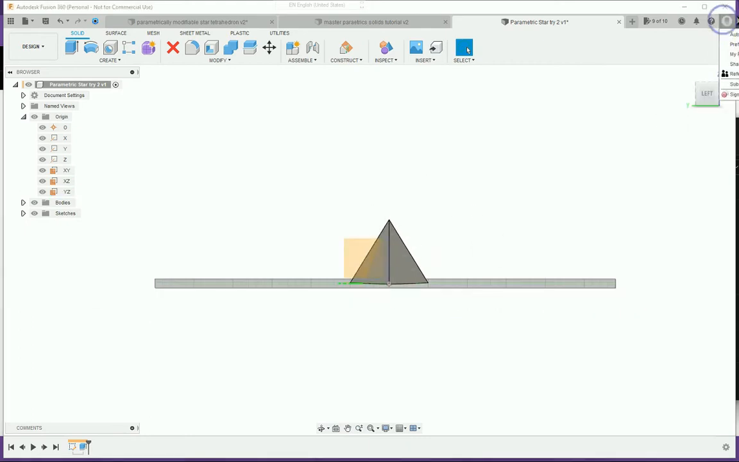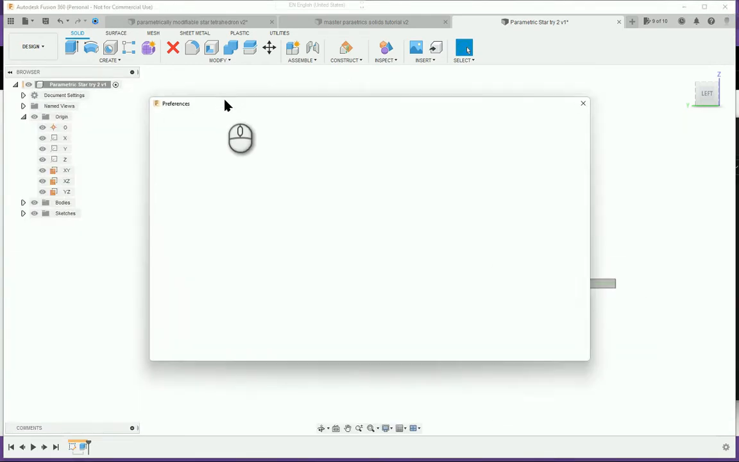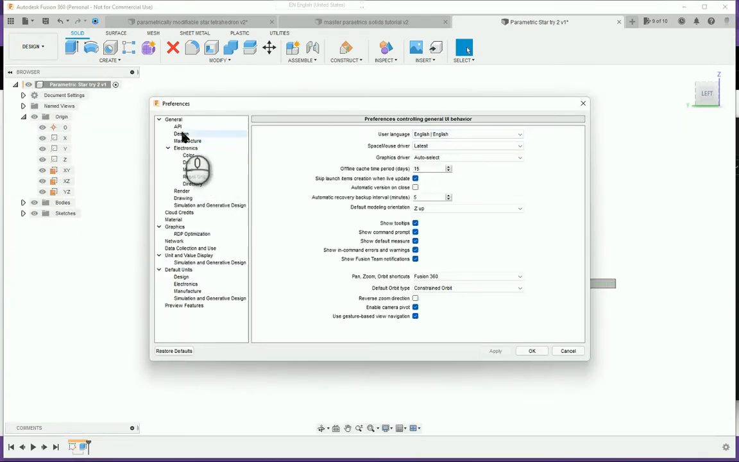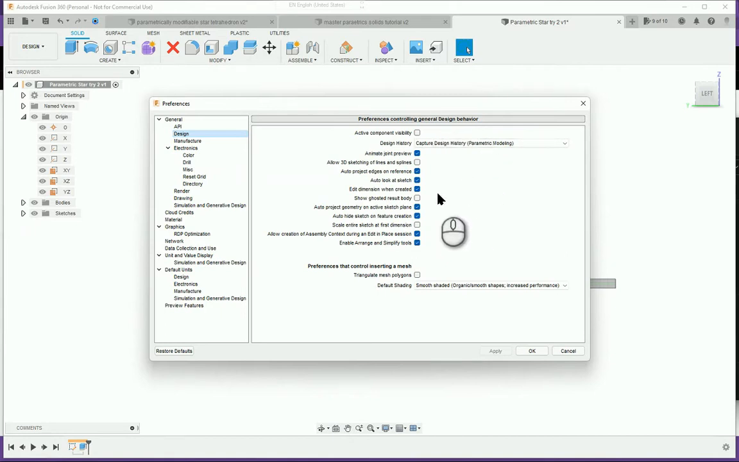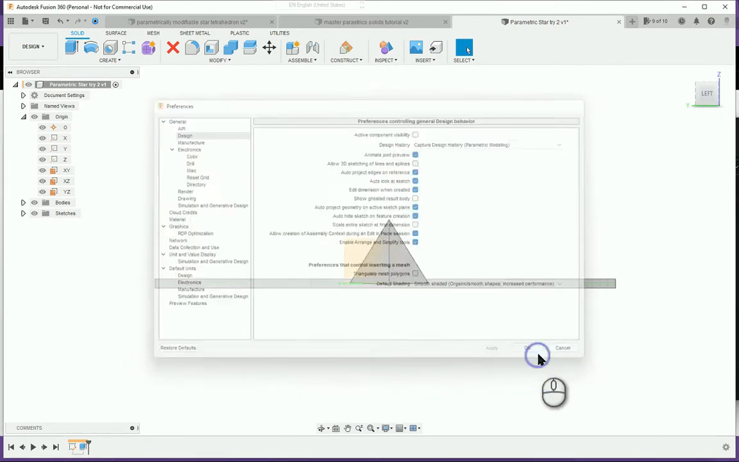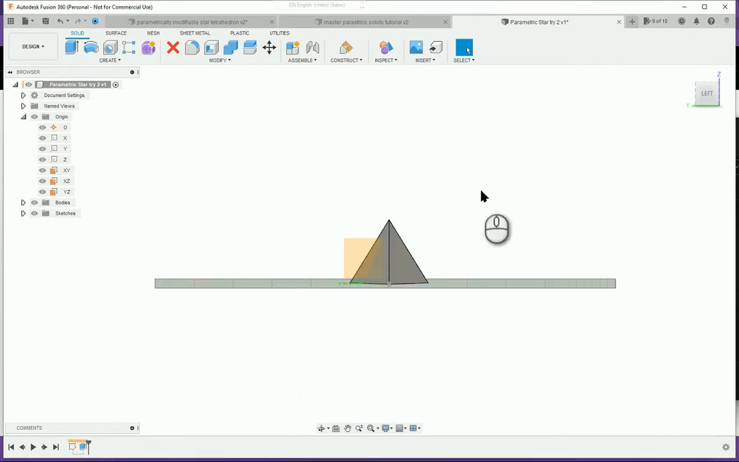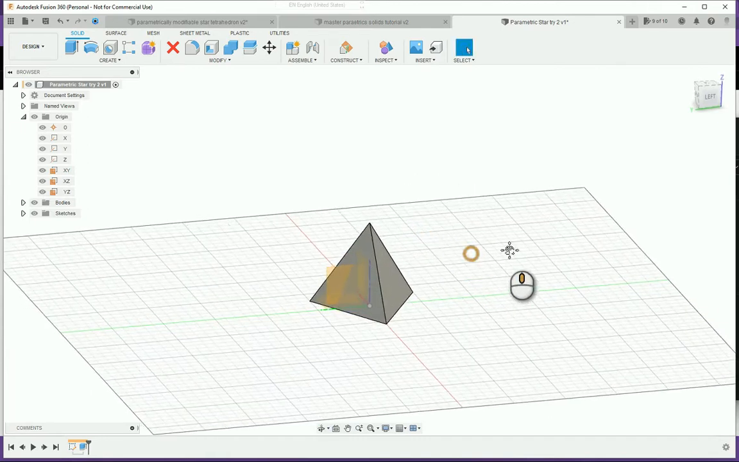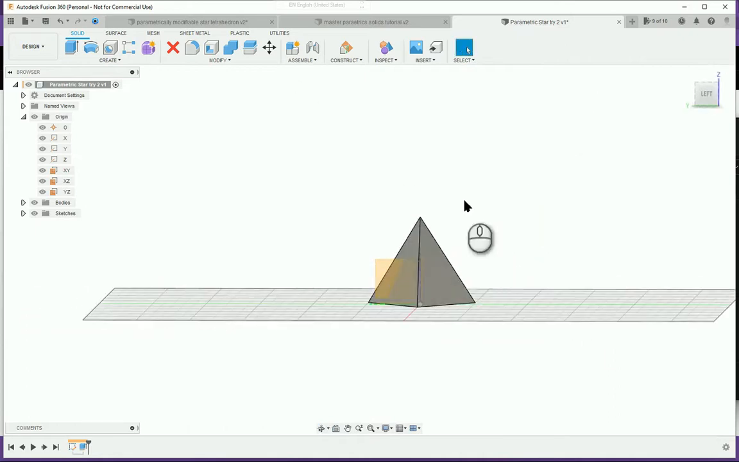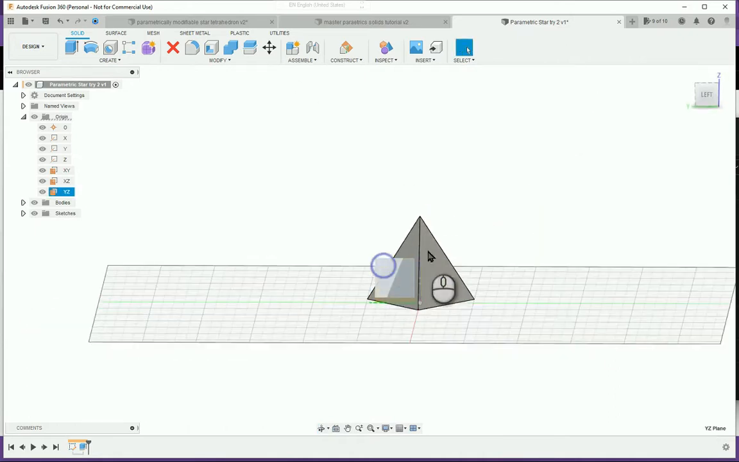Oh yeah, for this project, I went to preferences. I like doing this because with all my designs, usually it saves time. Let's go to auto project geometry on active sketch plane, which basically makes Fusion 360 auto project all the sketches without you having to project stuff. So find that plane,